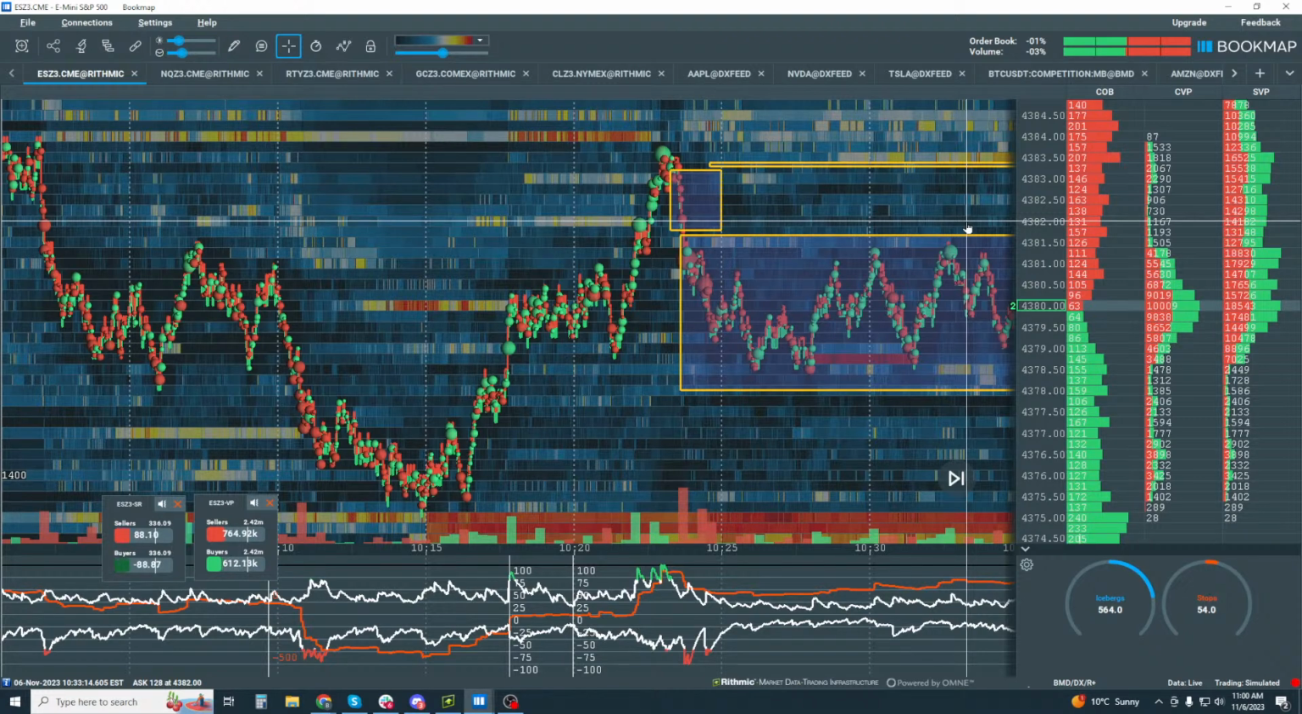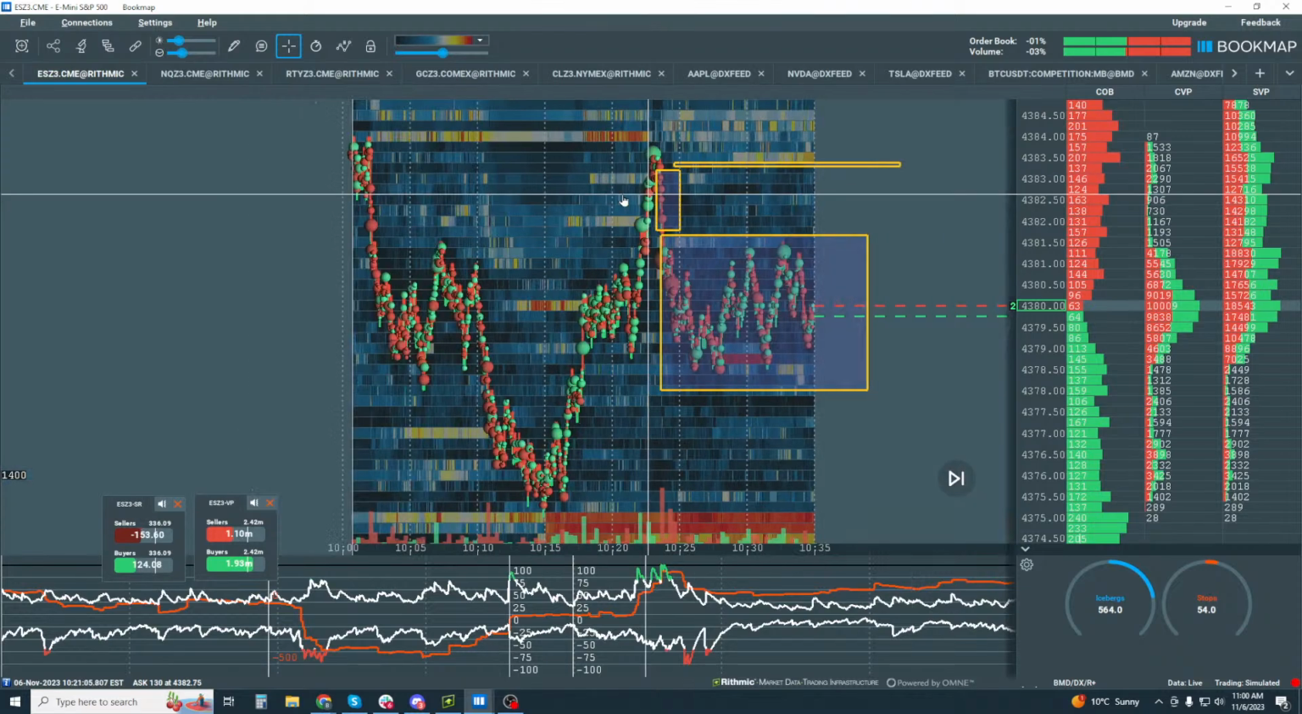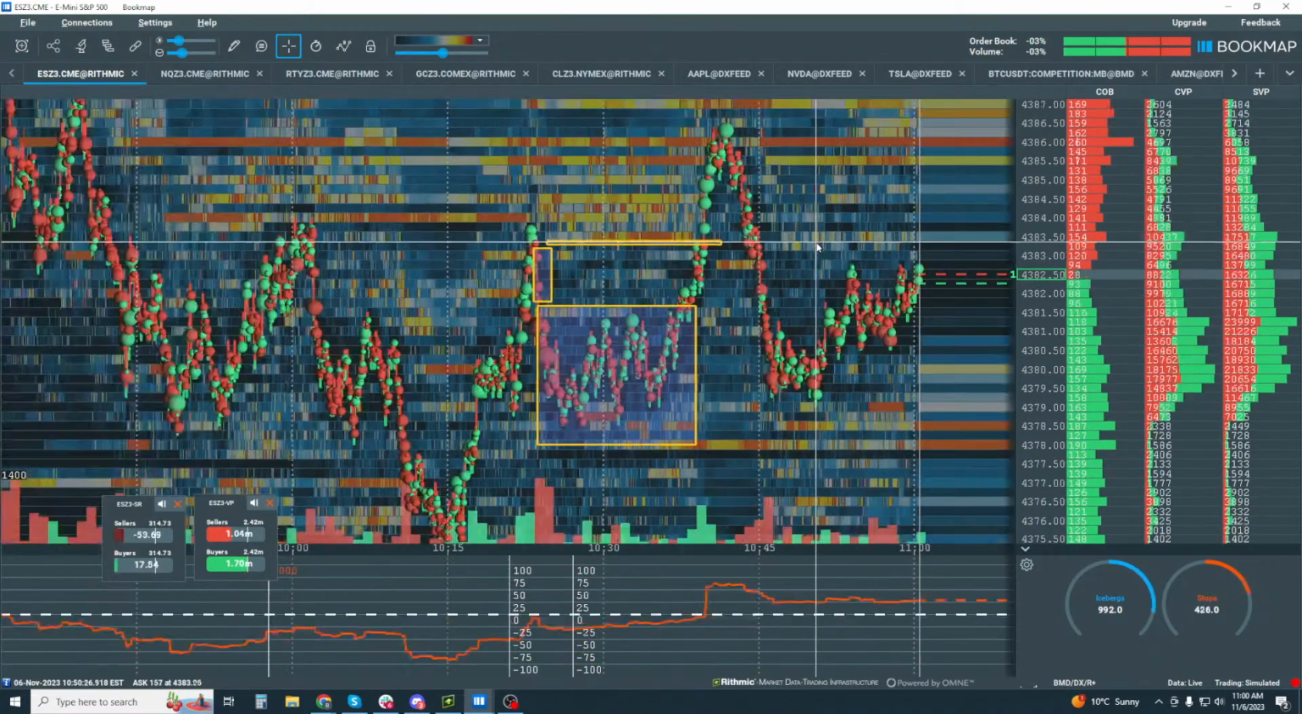How would you use Bookmap and Market Pulse? That's a great question. I want to get into that as well. Yeah, let's answer that. Okay. Now,